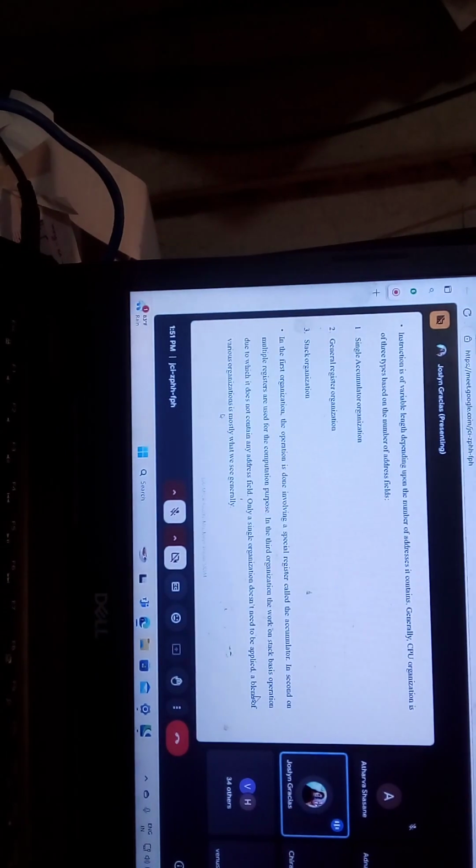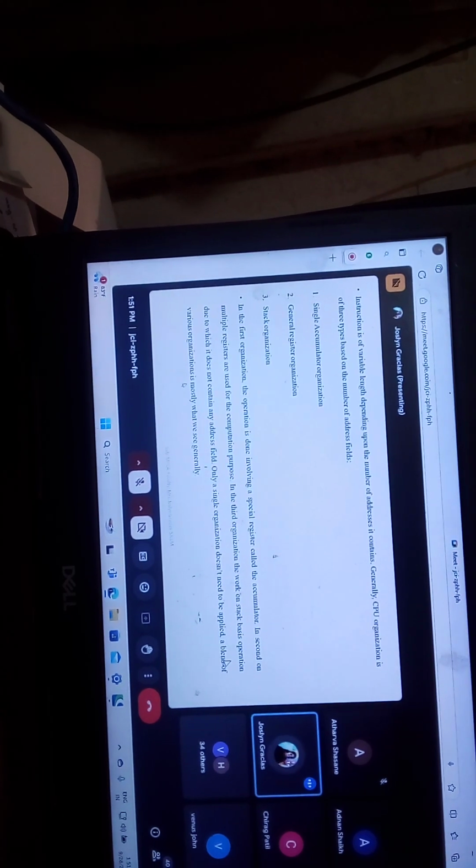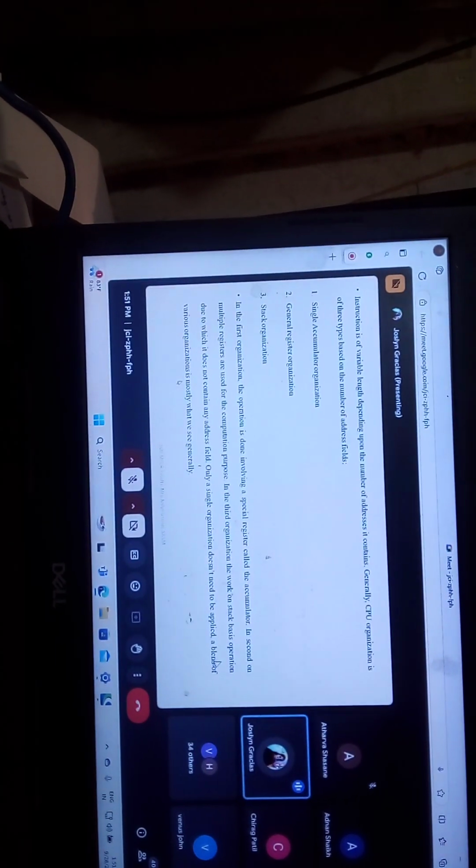For every instruction, the length depends on the CPU organization. What kind of CPU it is, how many bytes the data bus and address bus have, depending upon that your instruction size changes.